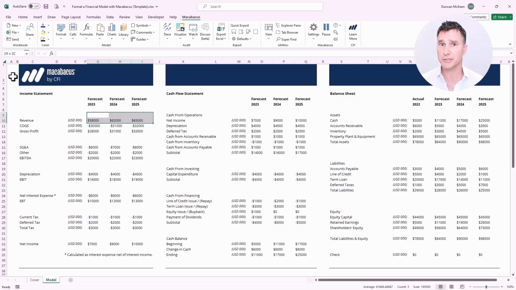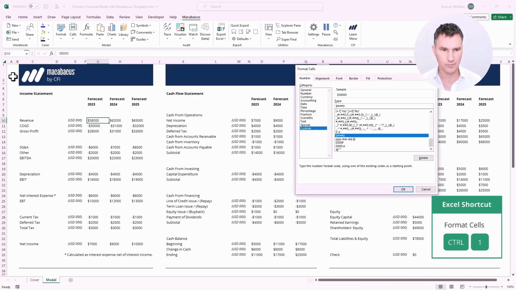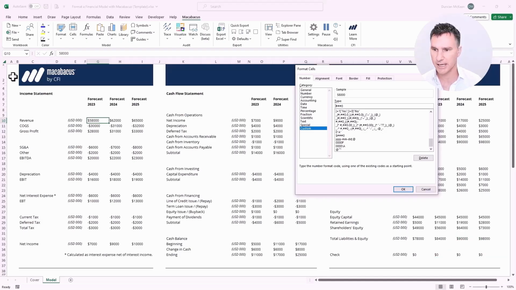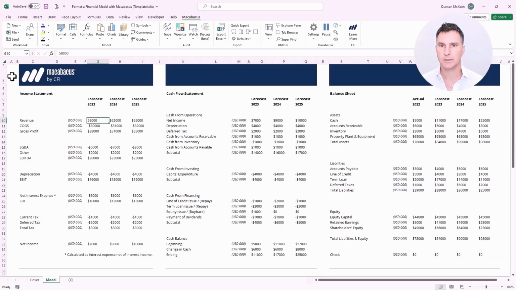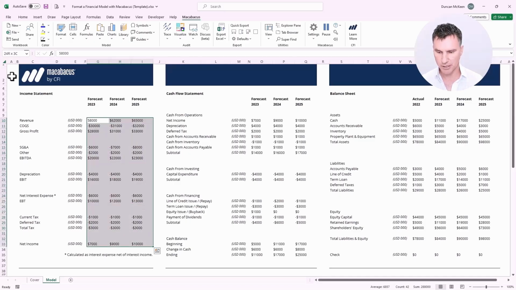Now, please don't do this on your computer. Just watch for a moment. So we're going to pop into this cell and hit Control-1 to get into the format and pop over here and just delete out the dollar sign and hit Enter, just like that. And now what we're going to do is select all of these numbers down to the bottom and tap F4 to repeat that last command. So the income statement already looks better than the cash flow statement and the balance sheet,